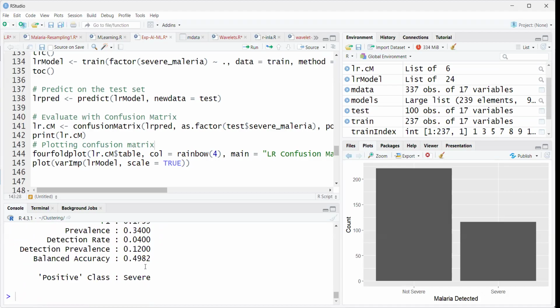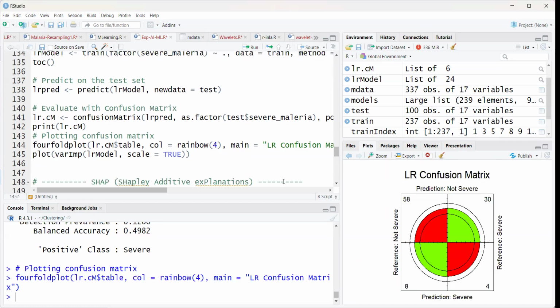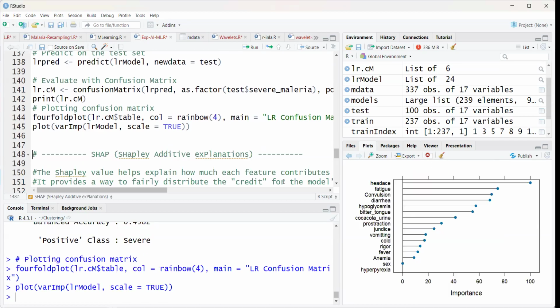So you keep at it, ensure it's showing you that the positive class is severe. So you ensure that you have all these things in place, and then you get your model. Then you may like to plot the confusion matrix. That's it there, just to show it in the plot. Then the feature importance. So here, logistic regression is telling us that EDIC is the most important feature that could predict